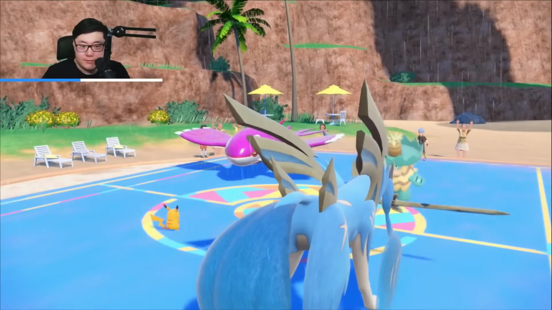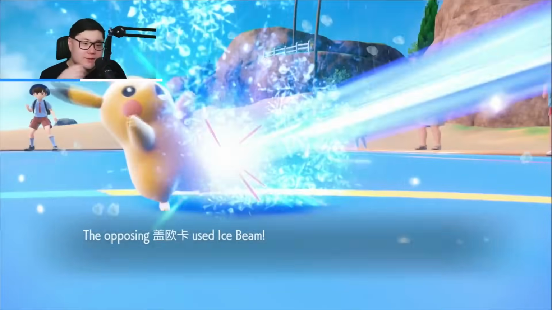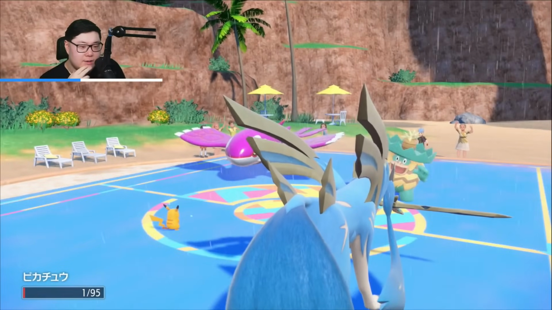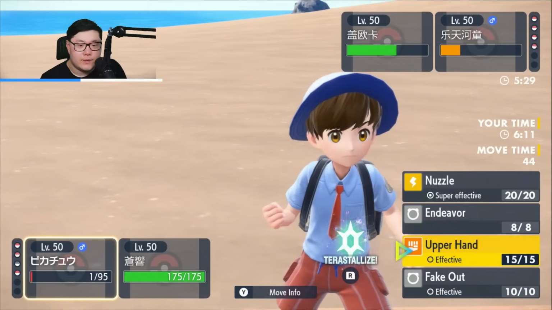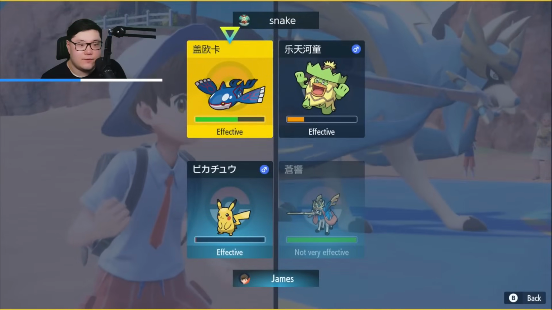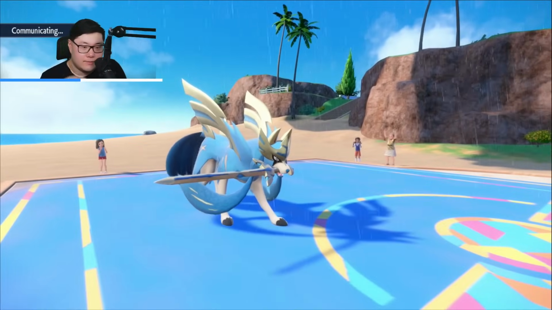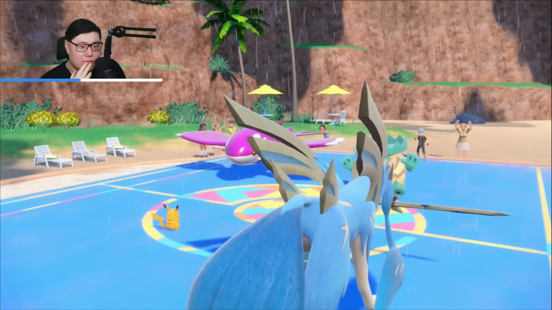Okay, that worked out really well for me, because Zacian will protect. Okay, maybe I have a chance. Pikachu hangs on. Focus Sash. Alright. We're going to Fake Out the Ludicolo. There's only 2 turns of rain left, so I can go for a Play Rough into the Kyogre here. I think it's just going to come down to...